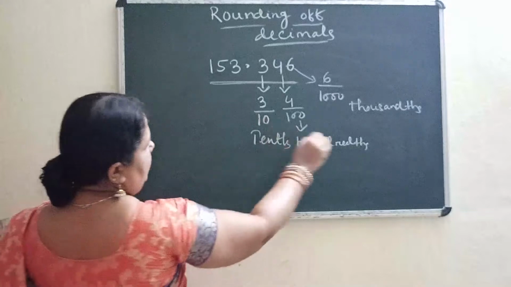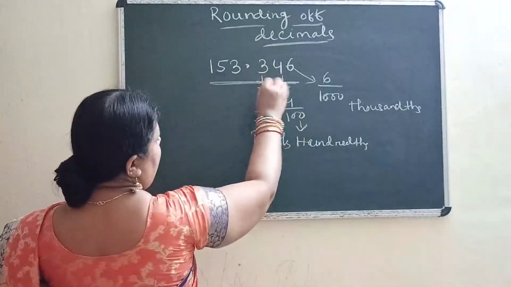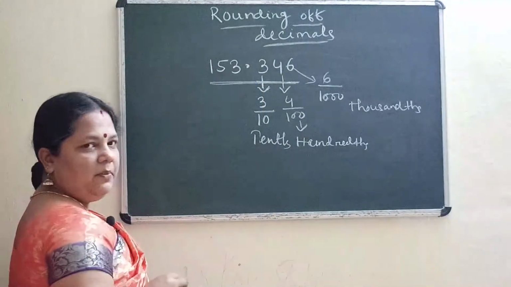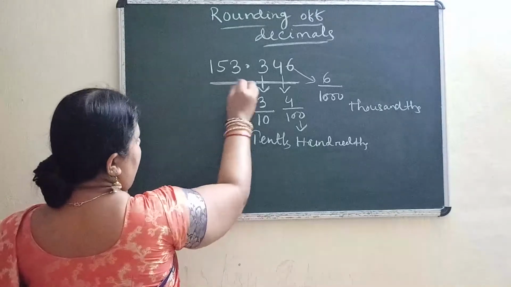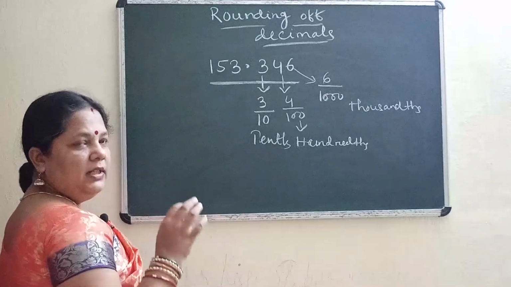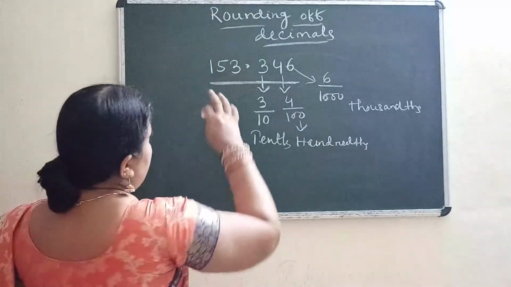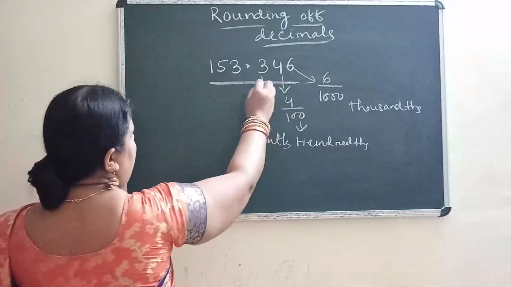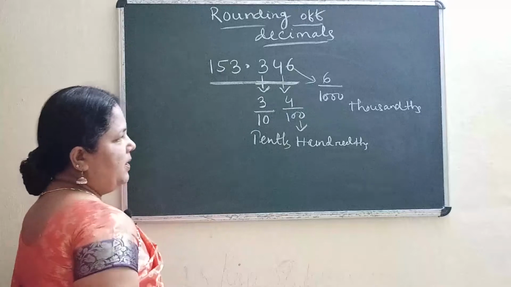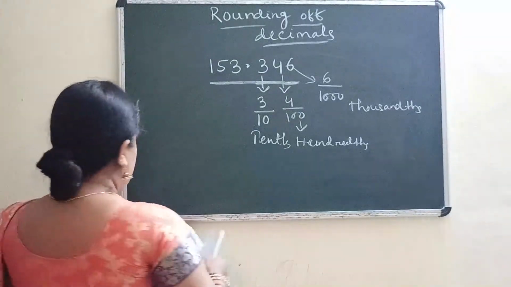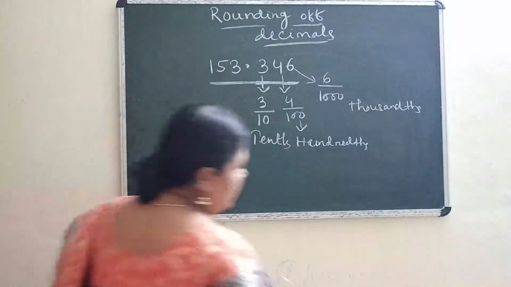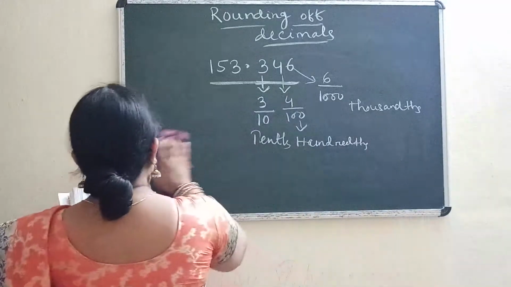Okay. So these are the decimal parts or decimal places or fractional parts. Right. And this part is your whole part or natural part or integral part. Clear? So today we will discuss how to round up these decimal numbers or decimal parts. So like this, the same process. First we will discuss rounding up